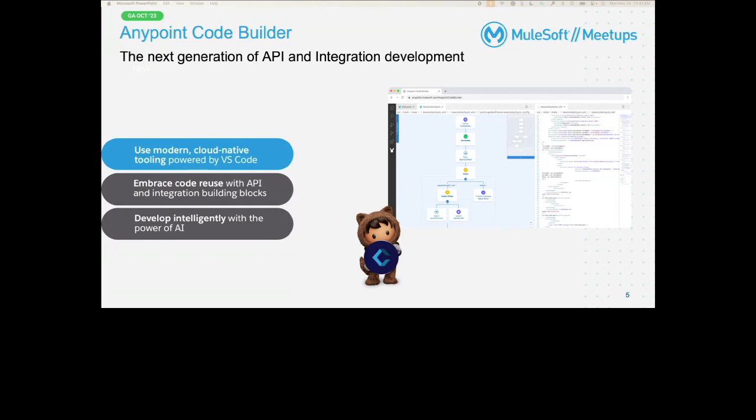First, we embrace a new modern dev environment with Visual Studio Code as our backend infrastructure. Now developers will have access to the entire ecosystem of Visual Studio extensions, enabling them to work in an environment they are familiar with, that they want to code in, right? And it has interoperability across many ecosystems and tech stacks. So we are getting Anypoint Studio, almost, into Visual Studio Code, which developers